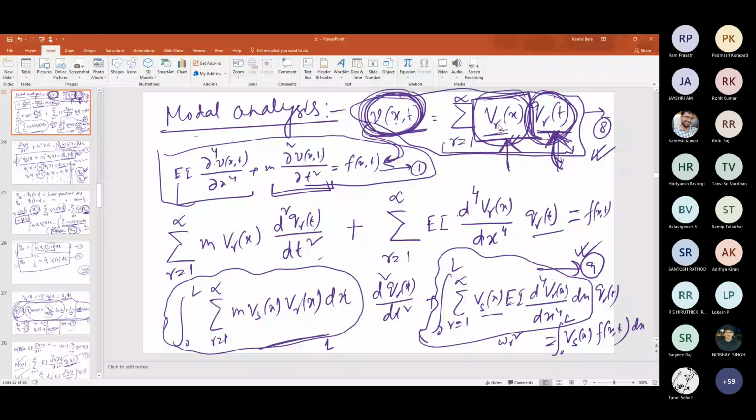Next week I'll discuss the Rayleigh method, like we did for the multi degree of freedom system. Here also we can use the Rayleigh method for the continuous system. I'll briefly introduce it, and obviously we will not go into the Rayleigh-Ritz or other advanced methods. Just the Rayleigh method we will discuss a little, and then I will finish this course. That will take only one class, so next week one class will be good enough.